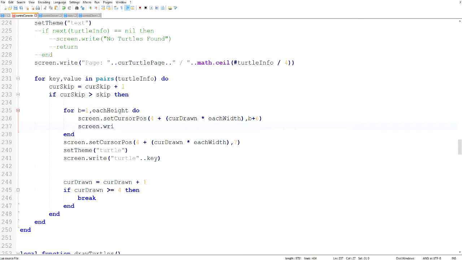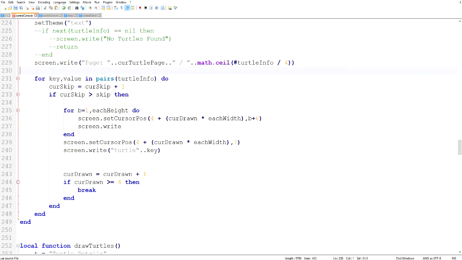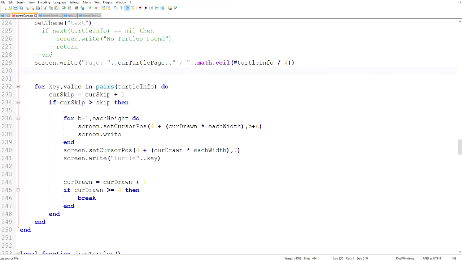Green dot right. Or, I'm gonna move this. Set the turtle theme at the top. I might change that later if I have these things highlighted different colors or whatever. But for now, I'm